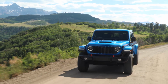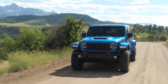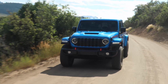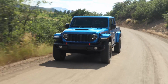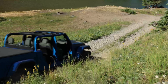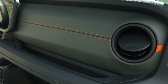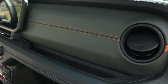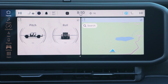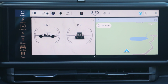And if you have the Jeep mobile app, you can run the air conditioning before you step inside the vehicle. And there is one last major update to talk about. Jeep will be introducing the 4xe plug-in hybrid to the Gladiators, but it's going to be more towards the end of 2025. But for now, we still have here the 3.6 liter Pentastar V6 engine with 285 horsepower and 260 pounds-feet of torque. Even with 4x4, these Gladiators can tow up to 7,700 pounds, and they have a payload capacity